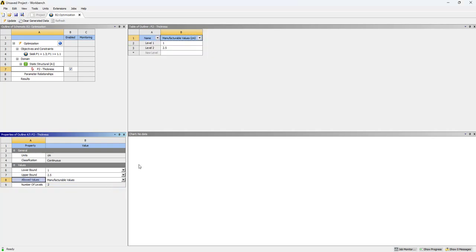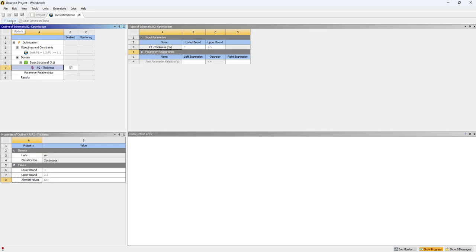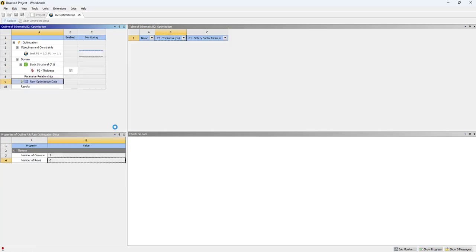Manufacturable values, when we click on this, we have to specify the multiple levels in which the product can be manufactured. So in this case, I'm going with the allowed values, that is a continuous function. And after setting all of these parameters for different schemes, you can click on this update button until the results